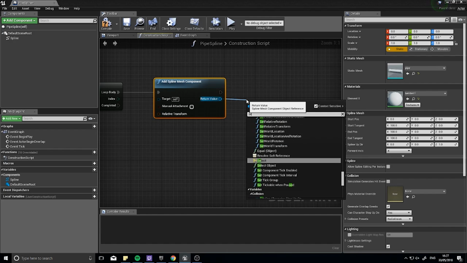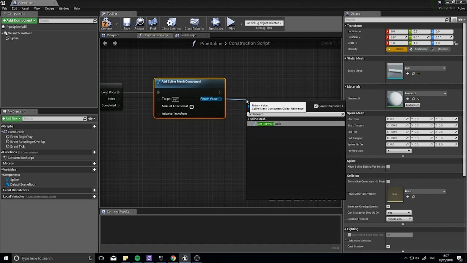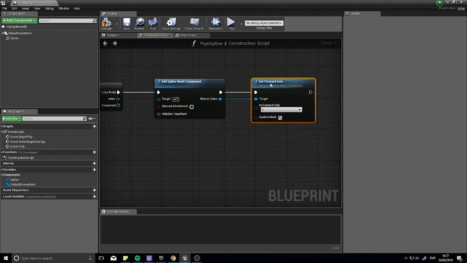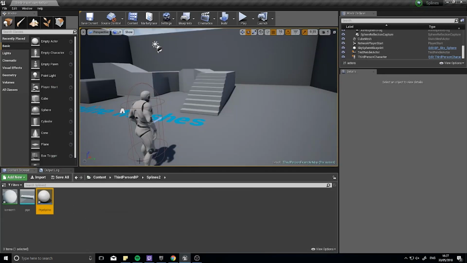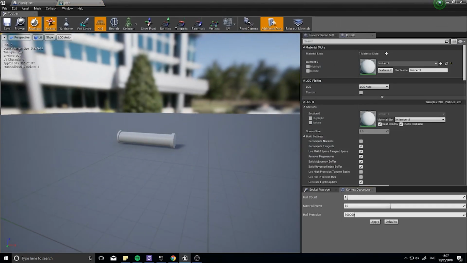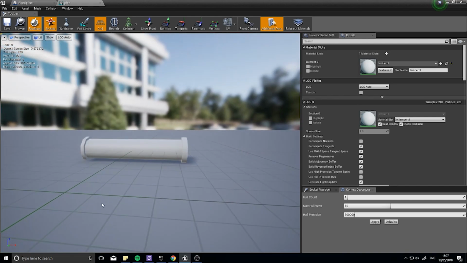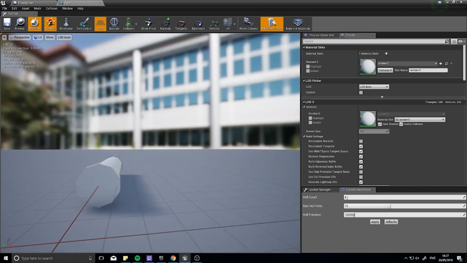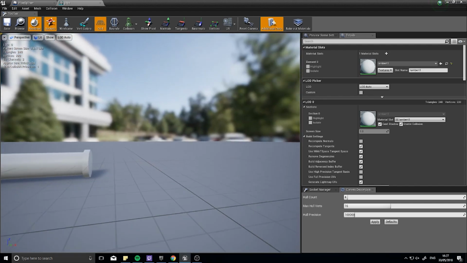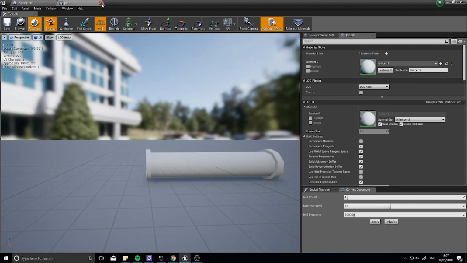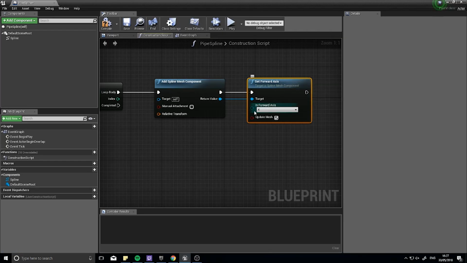So first thing we're going to do is set its forward axis, and this determines which direction it's going to be going. If you're unsure which of the directions it's going to be, open up your mesh, look at which way it's facing, and then look at the little gizmo in the corner, and you can see this one in my case is going in the x-axis, so it's going x along there. Okay, if it's going the other way, it would go in the y-axis, but it's not, so it's in the x. So set forward axis will be x,